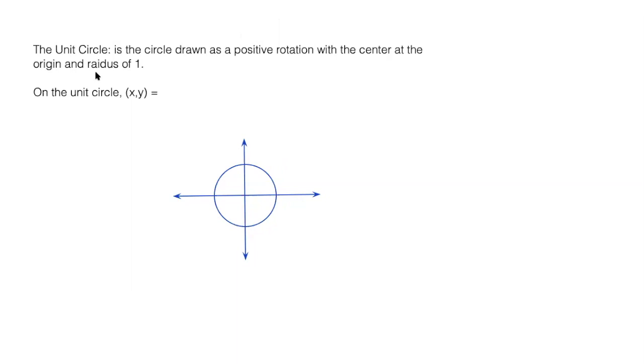Hey guys, today we're going to be talking about the unit circle and how I can use points on the unit circle to find values of sine theta, cosine theta, and tan theta. So the unit circle is a circle drawn from the origin, so centered at the origin with a radius of